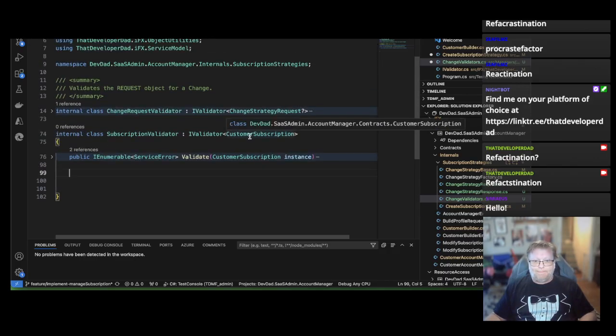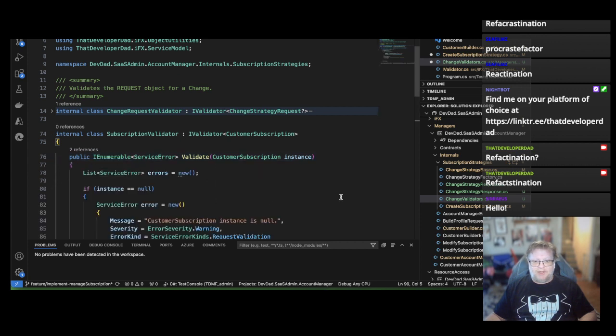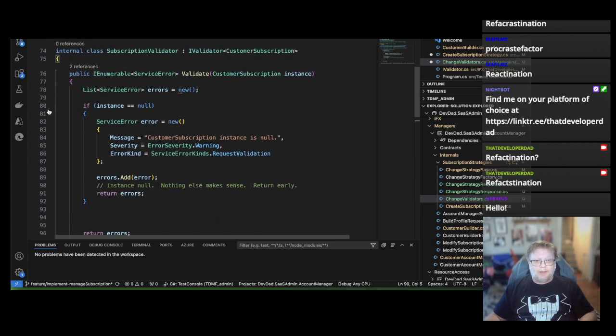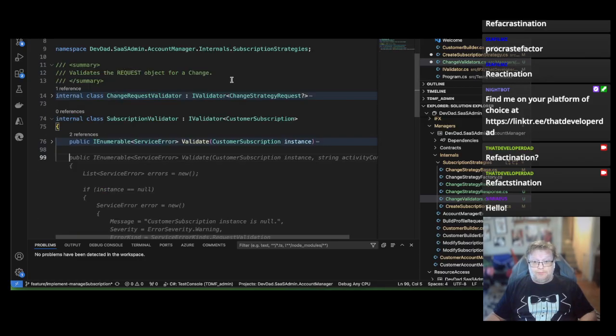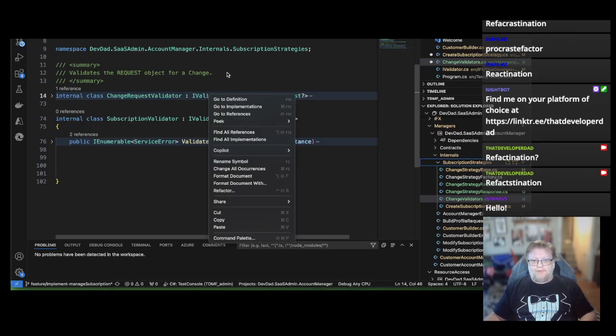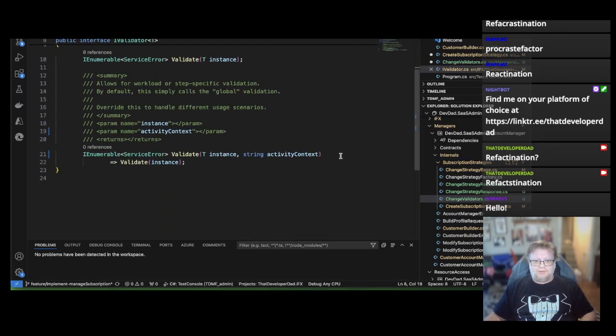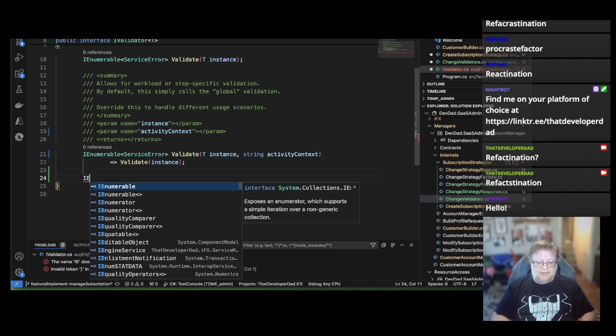Not even a bit. We're going to leave this be. And what I'm going to do is pass. We're going to come over to iValidator, go to the definition, and